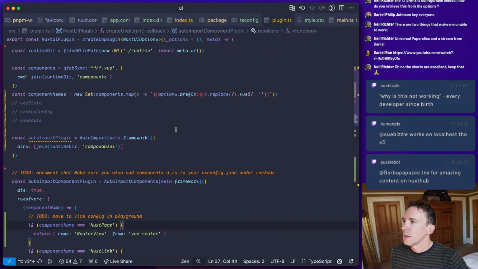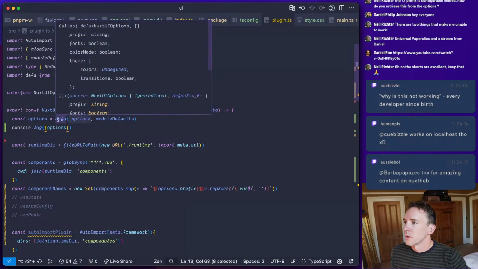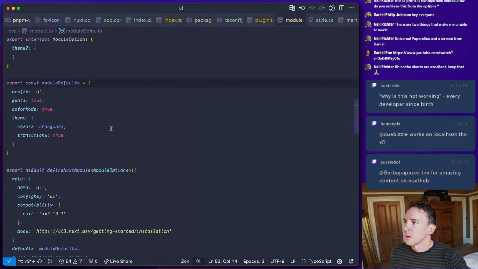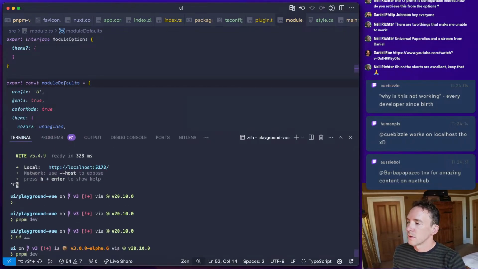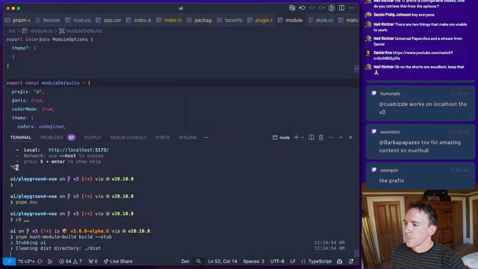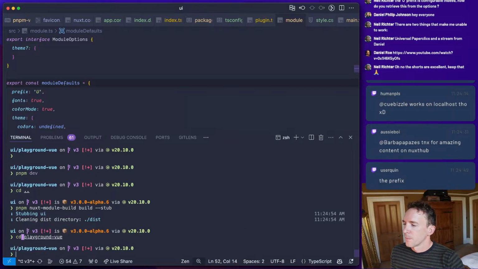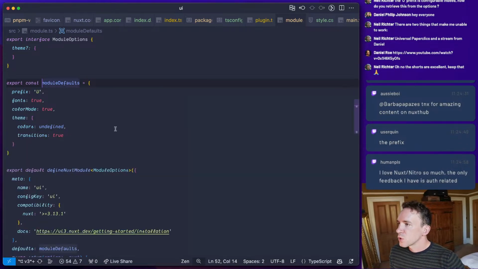Why is options undefined? Maybe I need to stub the module again. That's super weird. Module defaults.